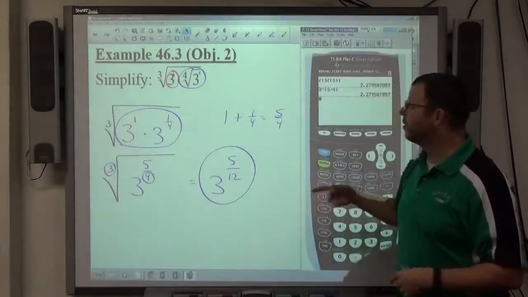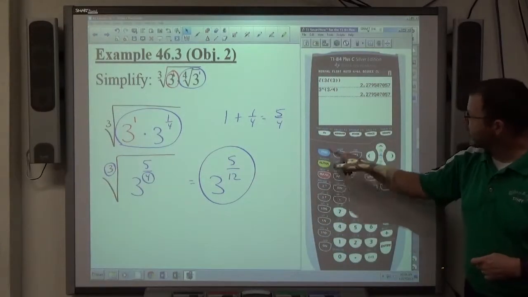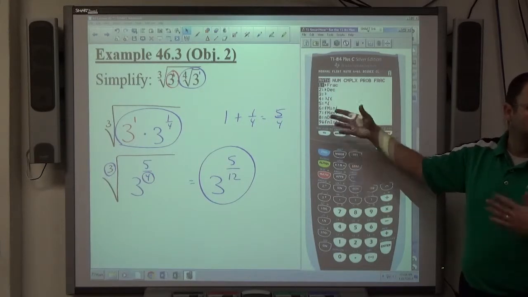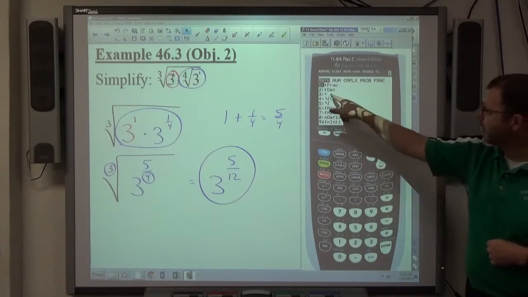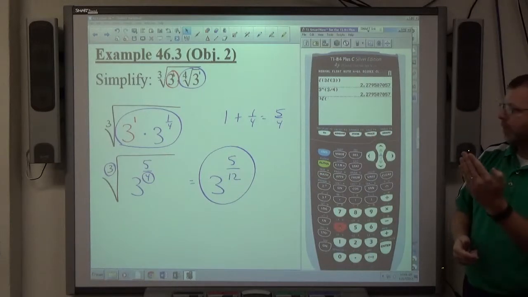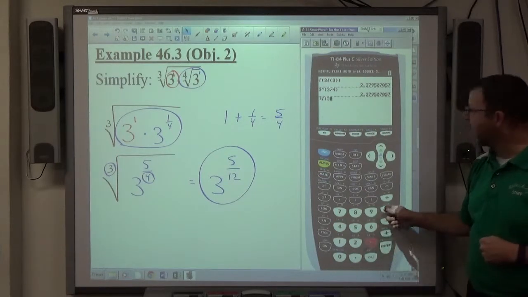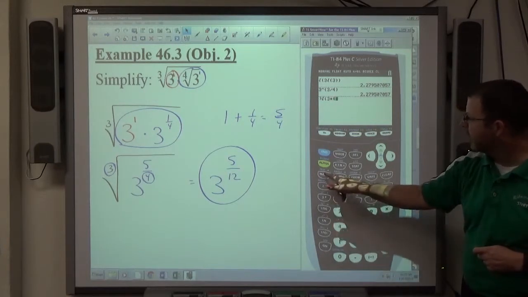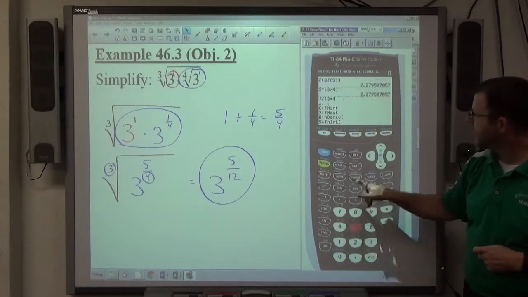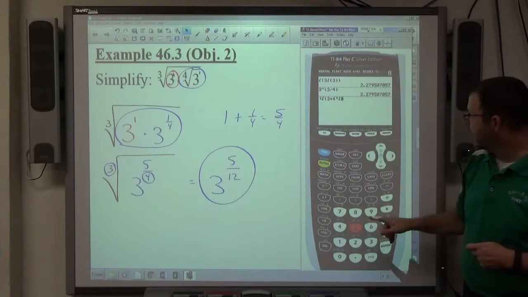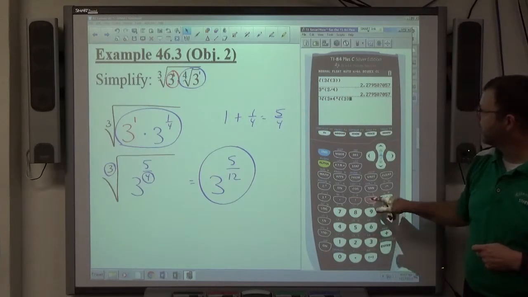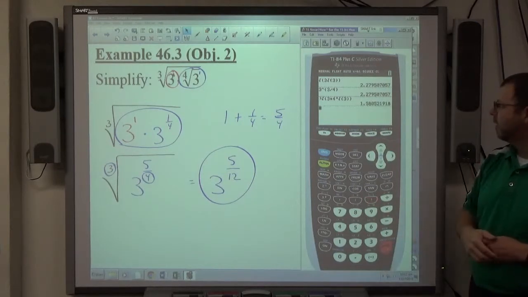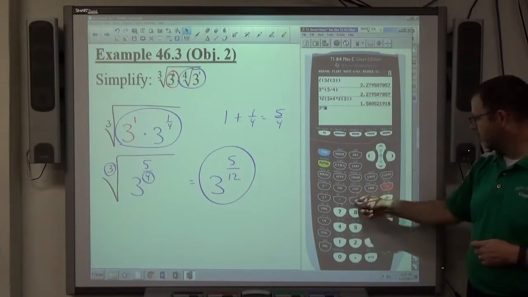It's a little harder to type this one in. In your math menu, there's a 4th root button, or a 3rd root button, and an xth root. That'd be the 4th root. We got to put the root in first. So the way I type it in, cube root, parentheses, and then I got 3 times the 4th root. And the way you type in a 4th root is you have to type 4, xth root. That means 4th root, parentheses, 3, end parentheses. Here's the 4th root of 3 times 3, end parentheses for the whole radical. That's what that is. And if I do 3 to the 5/12,